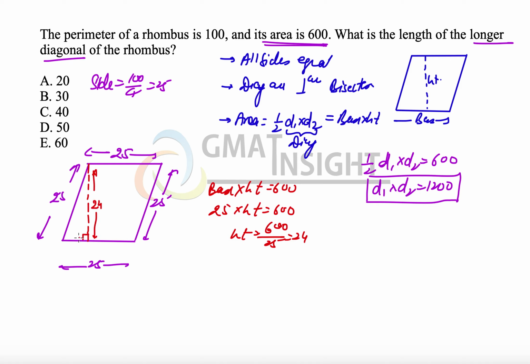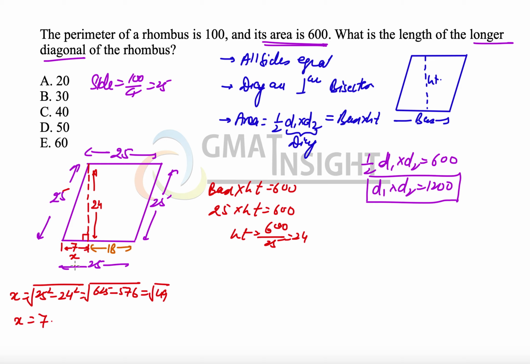But now we see that there is a right angle triangle that we can find here. In this right angle triangle, the hypotenuse is 25 and the perpendicular is 24. Let's call this particular distance x. So x can be calculated using the Pythagoras theorem, which is the square root of 25 squared minus 24 squared. 25 squared is 625, 24 squared is 576, the difference of them is 49 and the square root of 49 is 7. So this length is 7 and this entire length is 25. That means we can also find the remaining length, which is 25 minus 7, that is equal to 18.